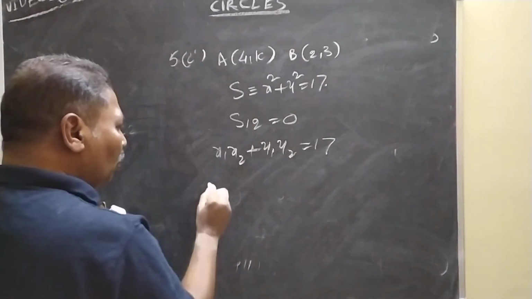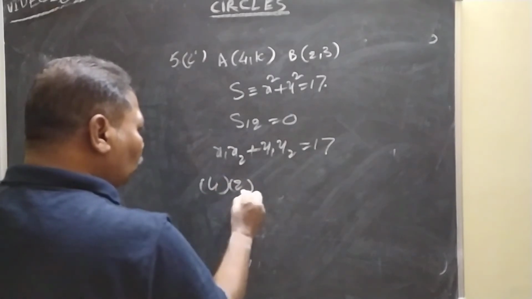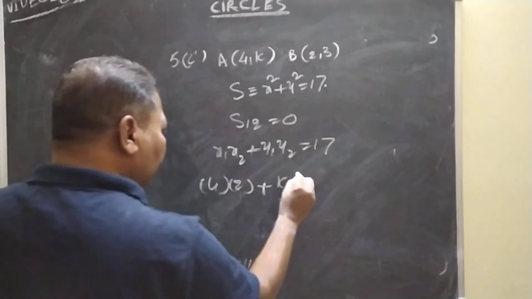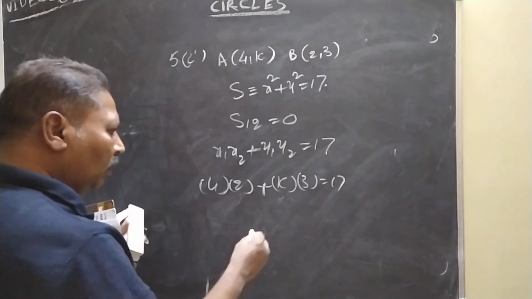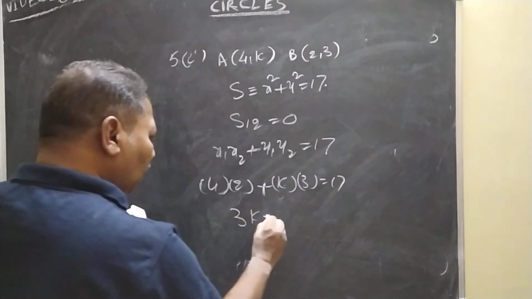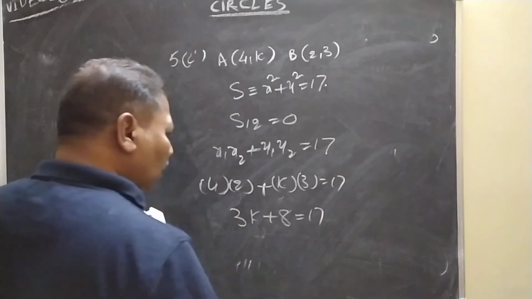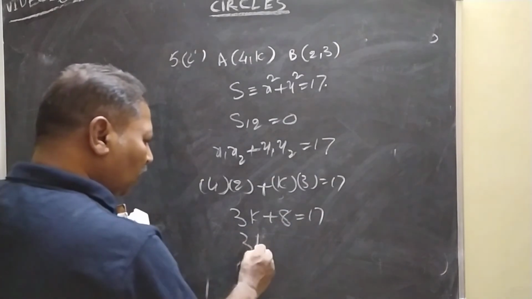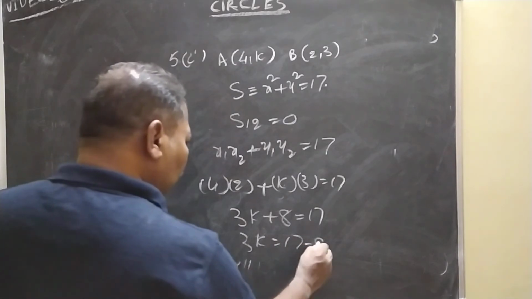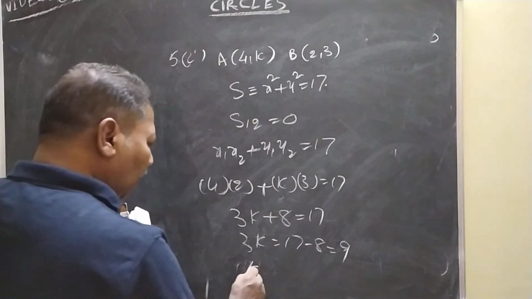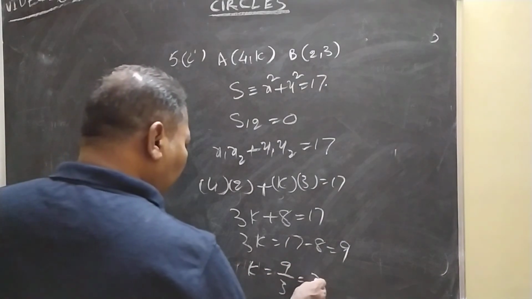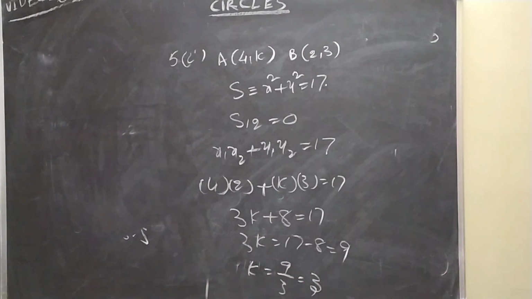4 into 2 plus k into 3 equals 17. 3k plus 8 equals 17. 3k equals 17 minus 8, that is 9. K value is 9 by 3 equals 3. Conjugate points S12 equal to